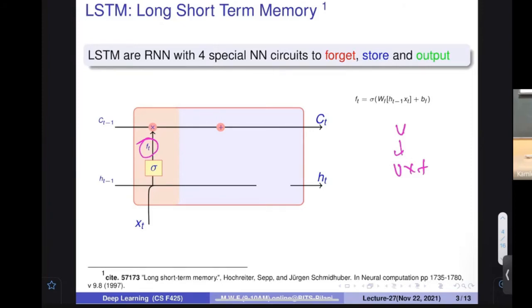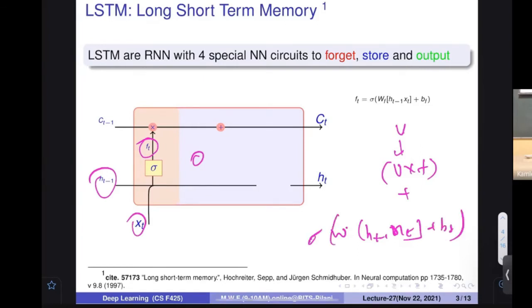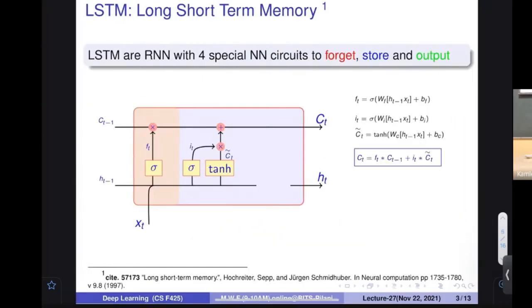Okay. Now, I told you that on this particular thing, I have to add something. So how to add? What to add? Again, it is going to be dependent upon these values only. So I say that ST-1 and XT are going to be combined, and let's assume that there is a neural network circuit that applies its weights and biases and tells me how much I have to add. So there is a neural network circuit that tells how much I have to learn. Make sense? How much I have to learn. The second thing, how much I have to learn. Any questions on that? So at the time t, how much do I have to learn?